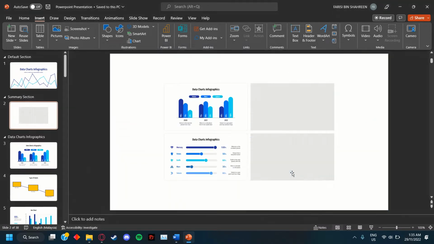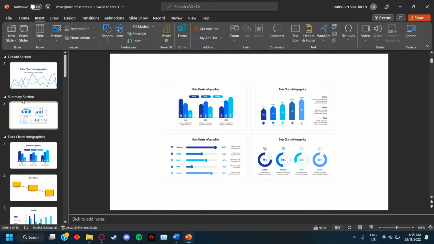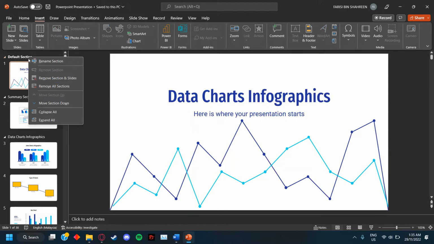And then click Insert. This will create the sections that you have determined earlier and also a summary section. The summary section is what I call a visual table of contents. Instead of the usual vertical table of contents, you can have this instead. It looks way nicer. And then you can also rename these sections by right clicking it and then